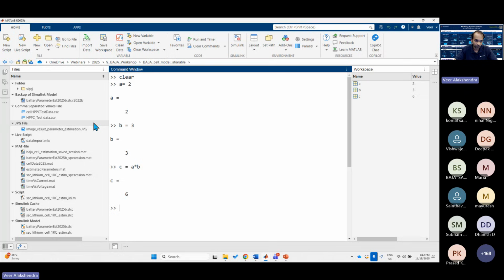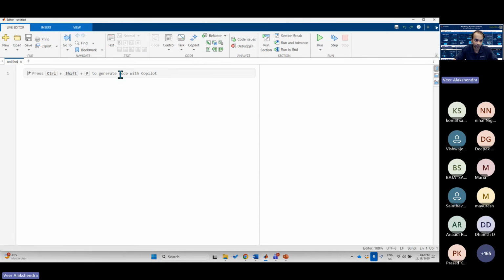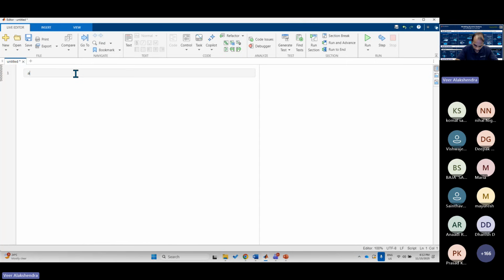You can perform different operations, but in the command window you can't keep on writing or repeating the code. That's why we have something called a live script. In a live script, you can write code over here, like a is equal to, and you can use certain